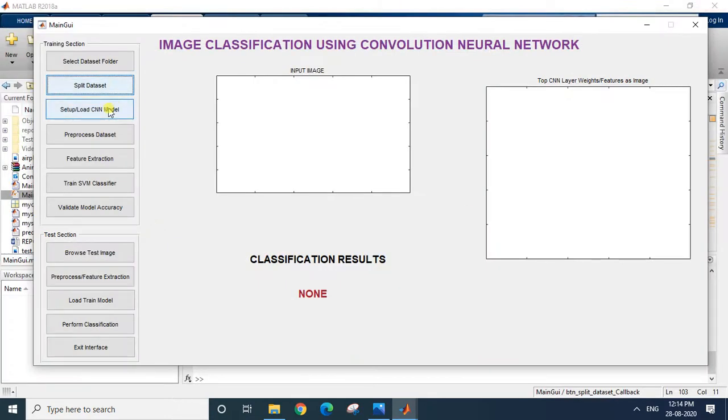After that I'll load the CNN model. As I told you, I am using the ResNet 50 CNN. When I click on it, that particular ResNet 50 CNN model will be loaded, and it will also show me the structure of the ResNet 50 CNN. It might take a while. Let's wait for that.